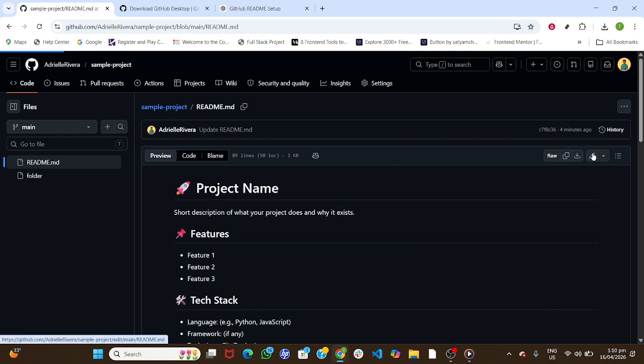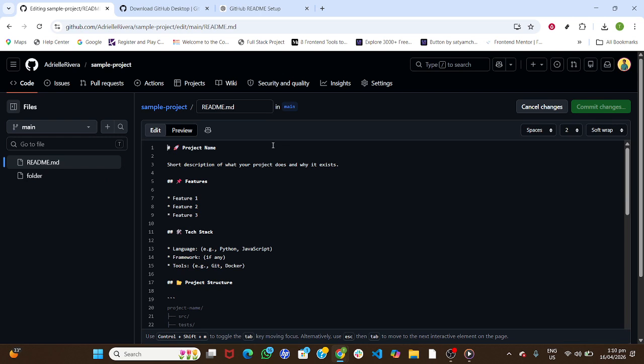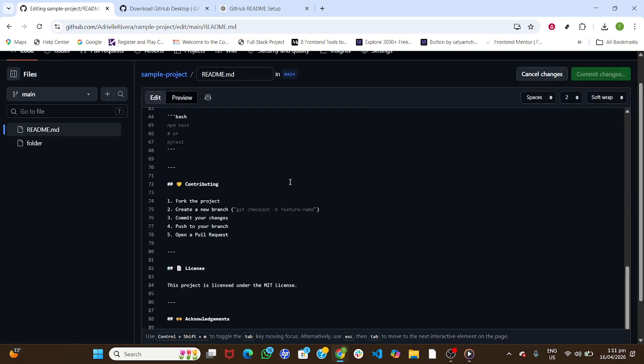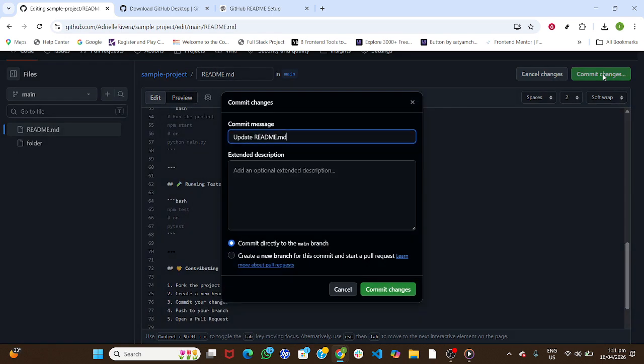Return to the repository's main page. Open the Add File menu and choose Create New File. In the file name box, you can create folders by typing a path. For example, type src/.gitkeep or